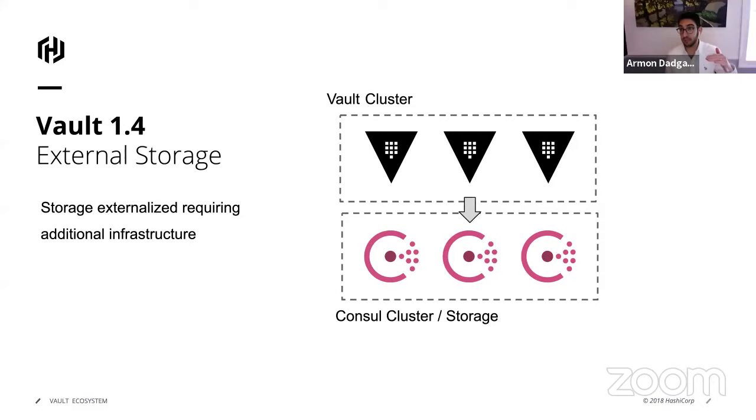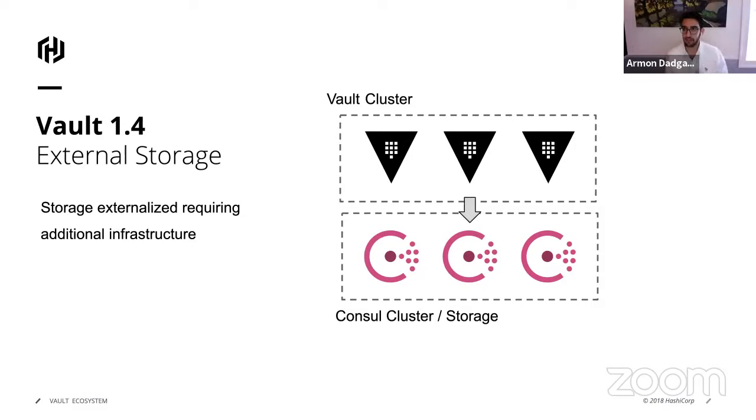And then you have a separate cluster or set of nodes that are providing storage, right? So Consul might be used. You typically run either 3 nodes of Consul or 5 nodes of Consul for similar reasons, right? So this way, if 1 node dies out of the 3-node cluster, it continues to operate, or 2 nodes out of a 5-node cluster. And so the challenge with this is it led to a much higher basic